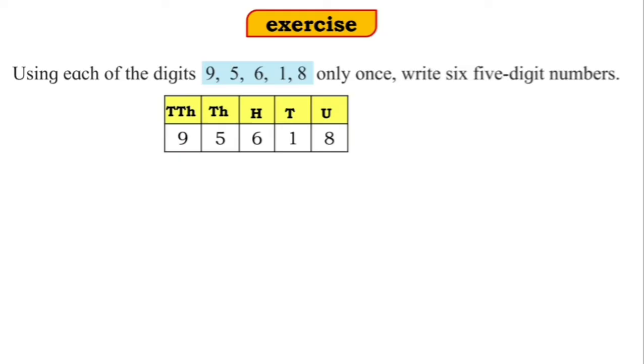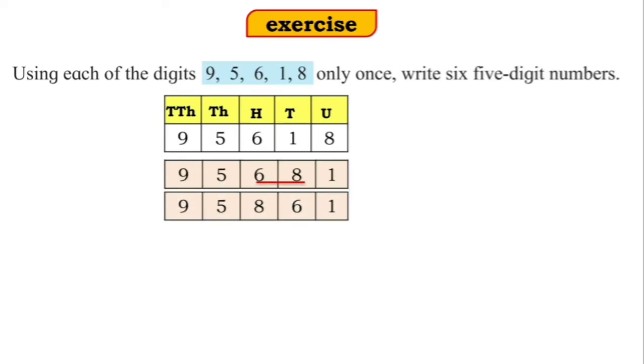So this number is read as 95,618. Now let us form new numbers by interchanging its places. So let us interchange the tens and units place. So new number will be 95,681, that is 95,681. Now let us interchange hundreds and tens place. So new number will be 95,861, that is